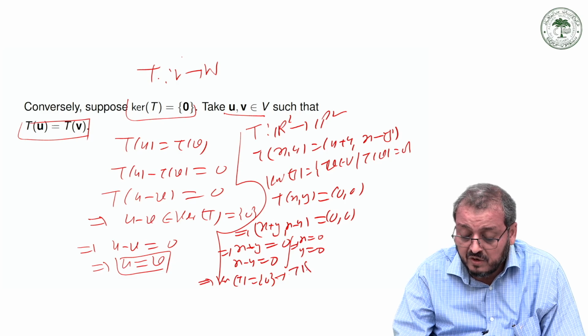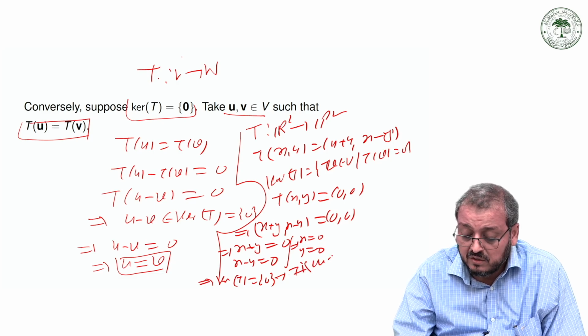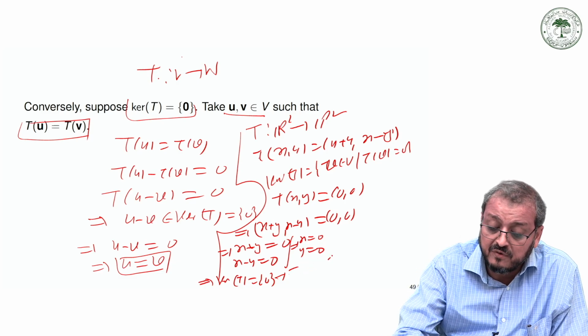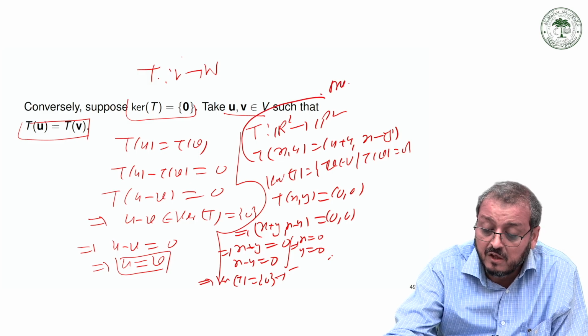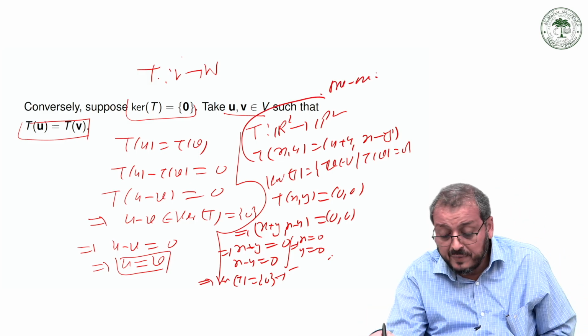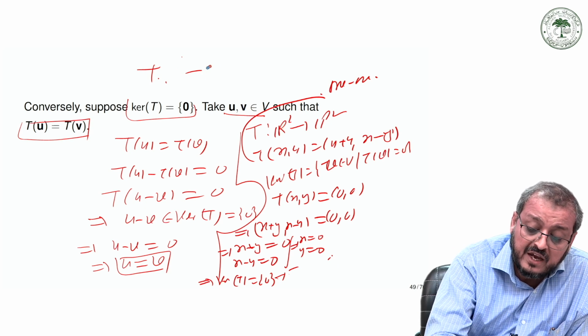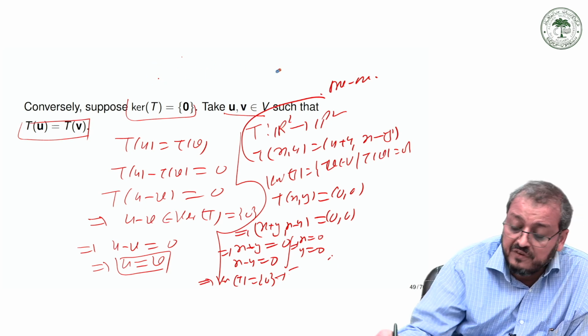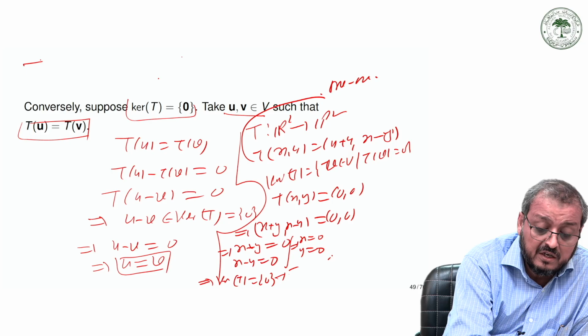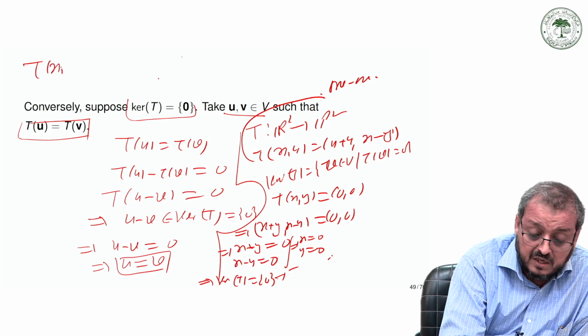So T is one-to-one. This means we can say that clearly this map is one-to-one by the previous result. Or we can check by the definition, we have to just check T of u and